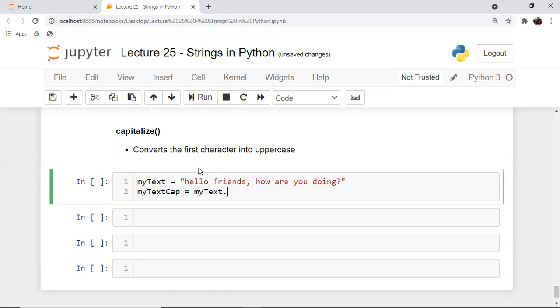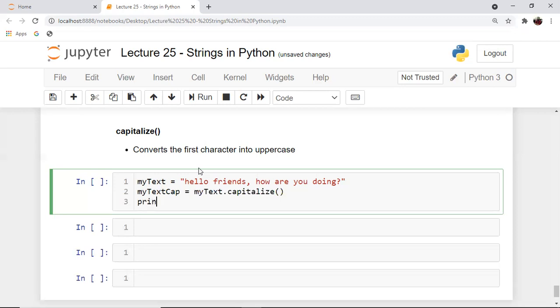So I say my text dot capitalize. That's it. I'm calling the capitalize function on my input called my text. And after I'm done, I'll print